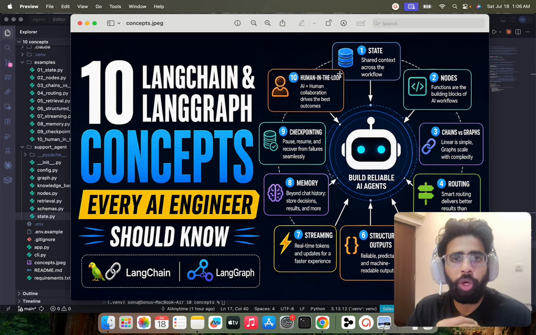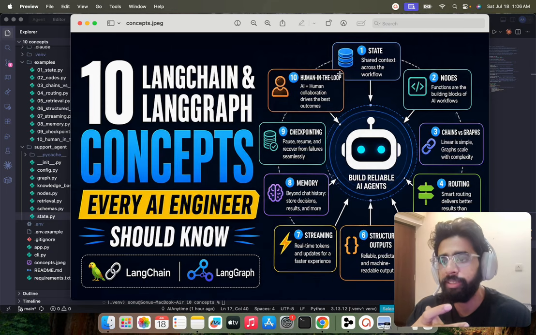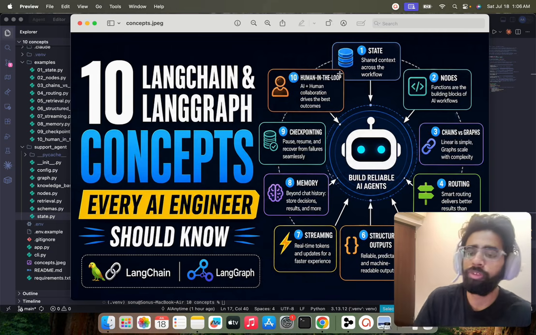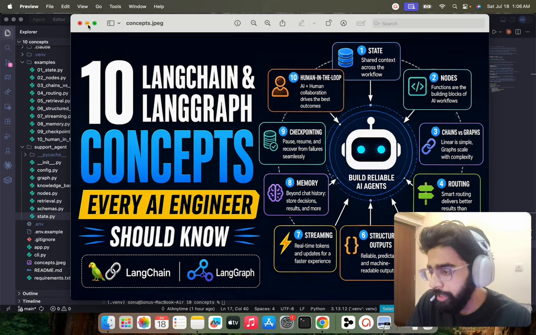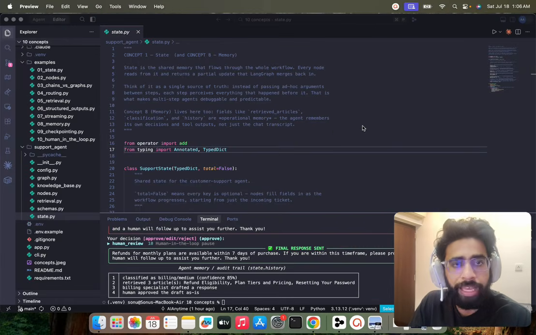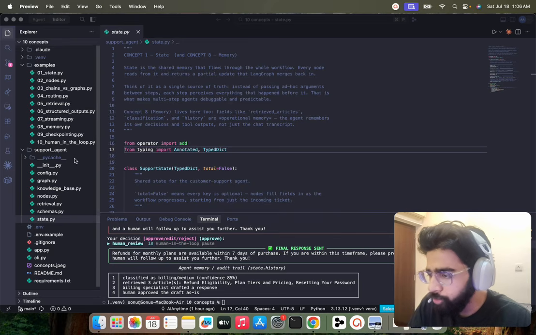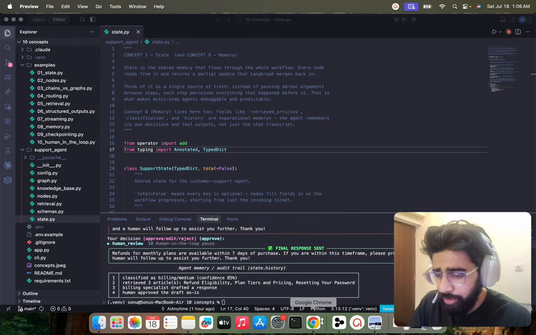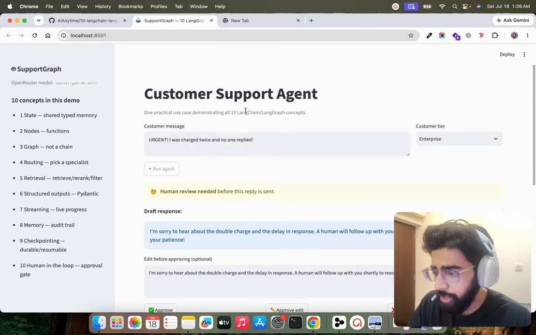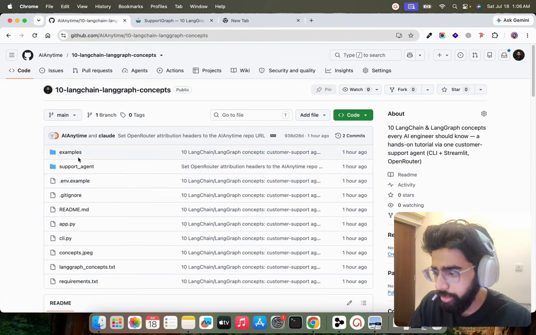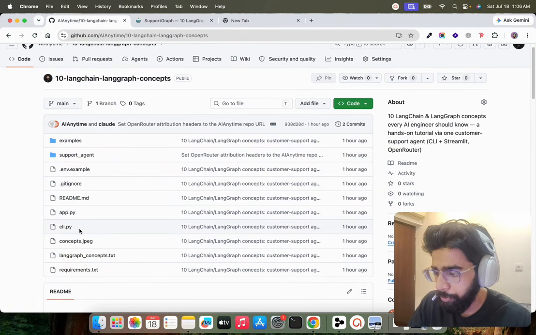And if you want to work with different types of memories like episodic memory, procedural memory, retrieval memory, etc., you can also use LangGraph to do that. I mean, this is really powerful. And LangGraph is pretty much compatible with Langfuse and all. So you can also do evals and observability if you want to do that. This will be available on my GitHub. The entire thing is available. You can see the example support agent, app, and CLI.